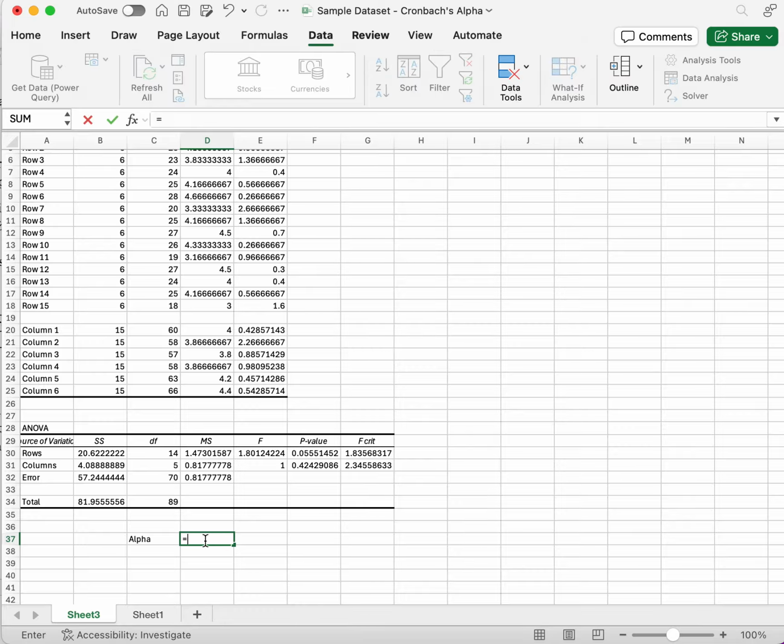You will type equals 1 minus, and then open parentheses. And then we'll use this number here that falls under the mean square for error, divided by the mean square of rows, end parentheses, enter. As you can see, this alpha is 0.44, which is extremely low and would not be considered